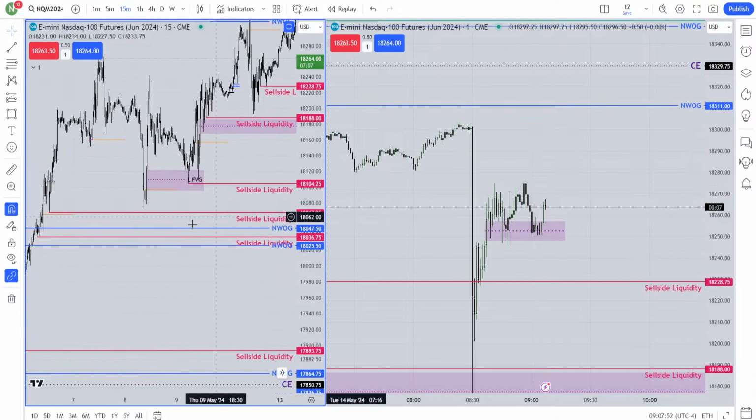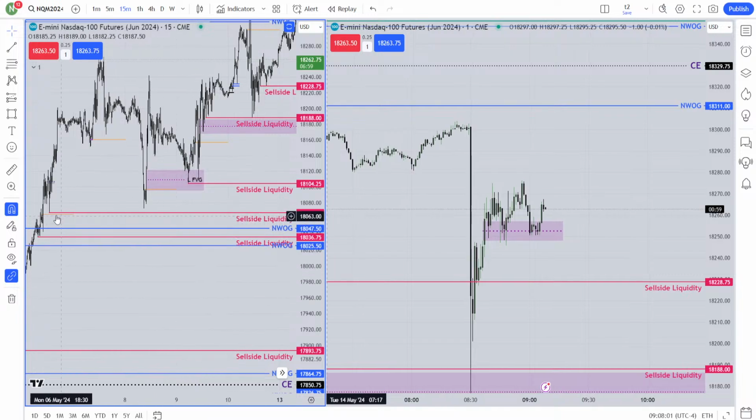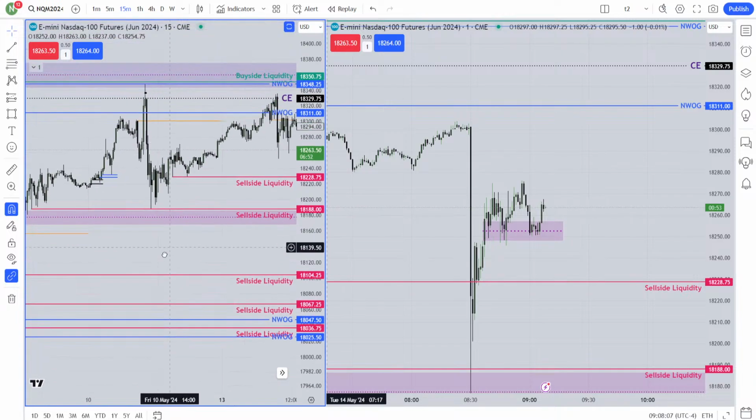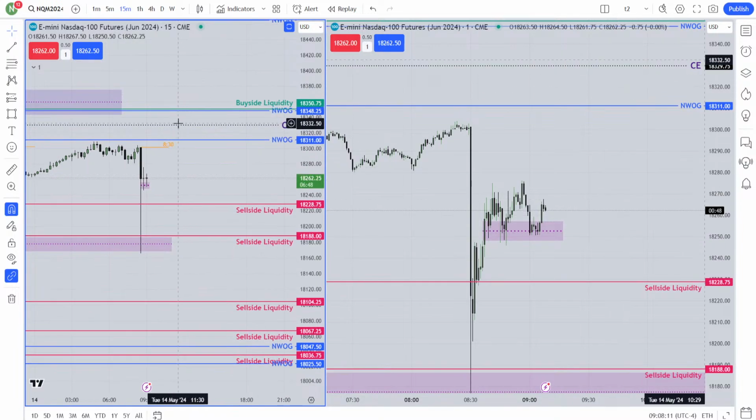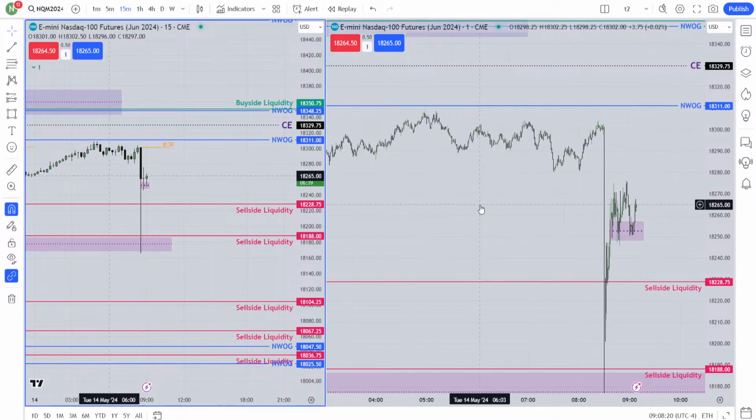and it's very clean sell side liquidity. I don't know if you can see it or not. This low and that low, they're relatively equal lows. If you just ignore all of the other sell side liquidity, no problem, but this sell side liquidity is too clean. That should be the target for tomorrow if the market can go for that buy side liquidity today, or if it leaves that buy side liquidity today and stays over here inside this new week opening gap, or keeps consolidating like yesterday.